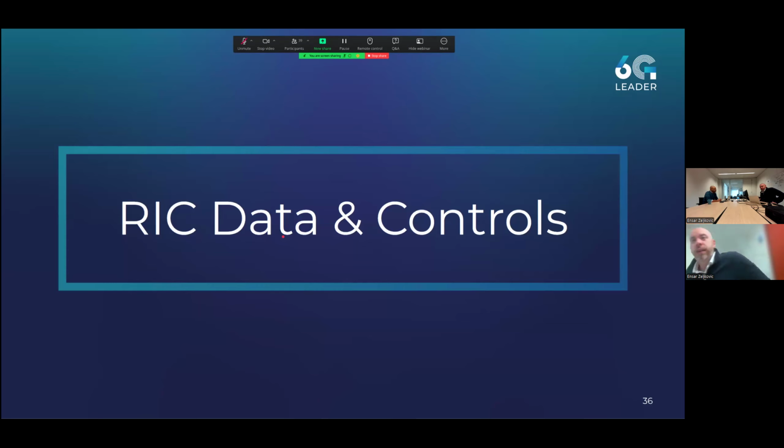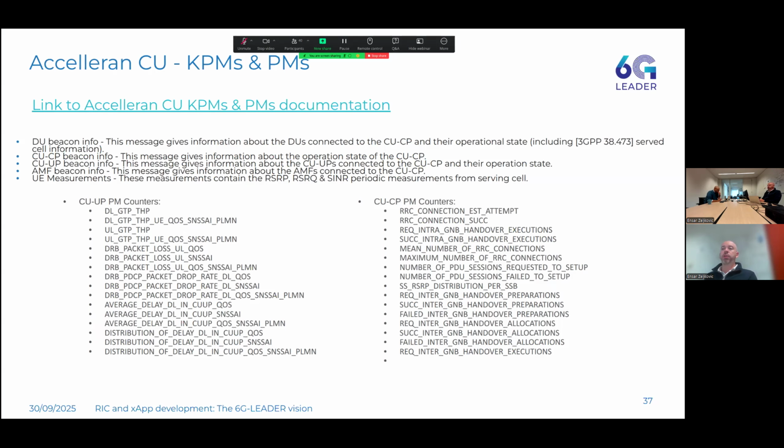So now that we know that we have an xApp development framework ready for us to use, and in order to build these xApps and rApps, it's important to also understand what these different data and control hooks are that are available to us on the xApps. Now, there's one note I must make here. I will be talking about Accelleran's end-to-end system, which includes the Accelleran CU and DU, and I will list the different KPMs and control hooks that we have made available in that end-to-end system.